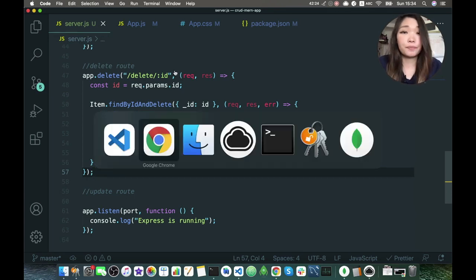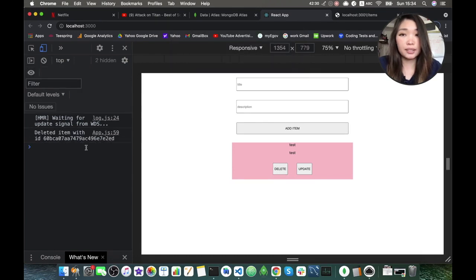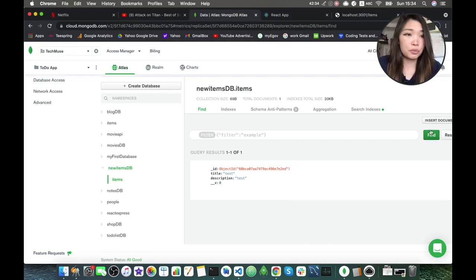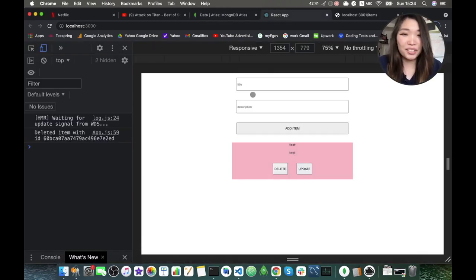Okay, let's test it. So let's click delete, item deleted, okay, deleted item with ID logged in the console, deleted from here, and for sure it is deleted also from the MongoDB. Nice! We have the last route left, which is, for me, the most tricky one,